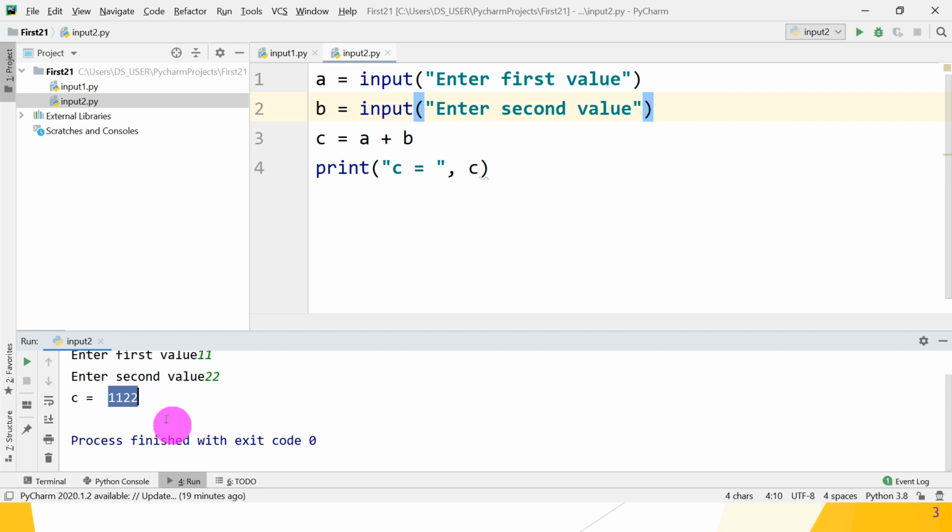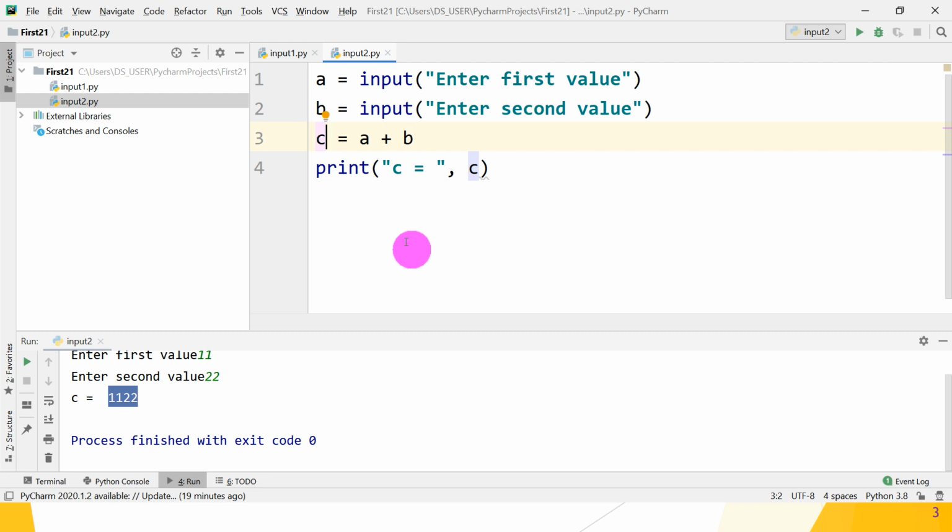So it has not performed addition of a and b, but concatenation of the two strings, because initially a and b are of type string. Here the input method's return type is string, so a and b are strings, so in a plus b the plus operator works as a concatenation operator, so it concatenates a and b and saves that result into the c variable. So it gives you 1122 as output.